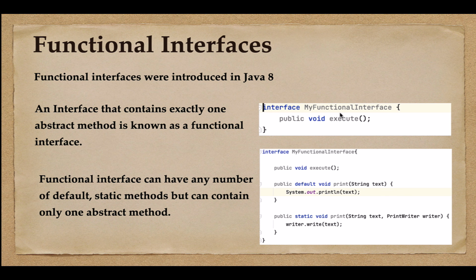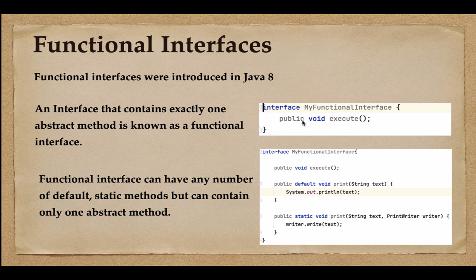And as we know, whenever we define a method in an interface, by default it is abstract, right? And we don't need to mention the abstract keyword in a method. Alright, so just remember, a functional interface is an interface that contains exactly one abstract method. An abstract method means a method that doesn't have any implementation. Okay, so in order to provide an implementation for this method, you have to create a class, then you need to implement this interface, and then you need to override this method,